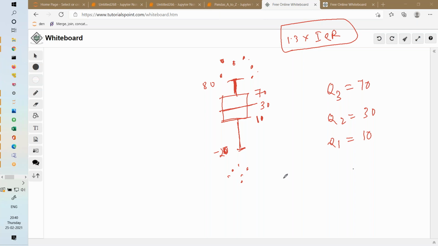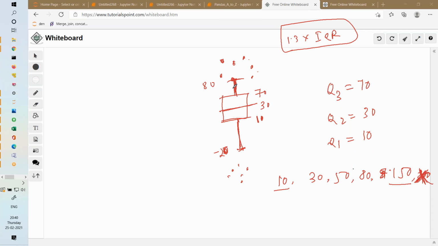I'll give you an example. Let's say 10, 30, 50, 80, and then let's say 150 and something like that, right? Let's say 200 is my outlier, so I am removing 200, because it is out of the boundary. Now after removing outliers, whichever is maximum, that is the maximum, whichever is minimum, that is the minimum. You select the maximum point, minimum point, and join. This is called whiskers.